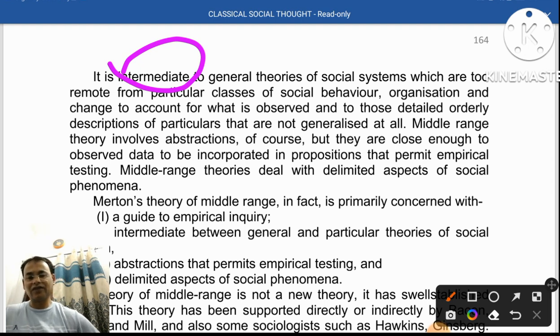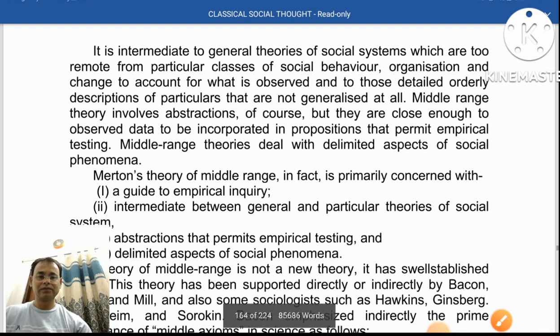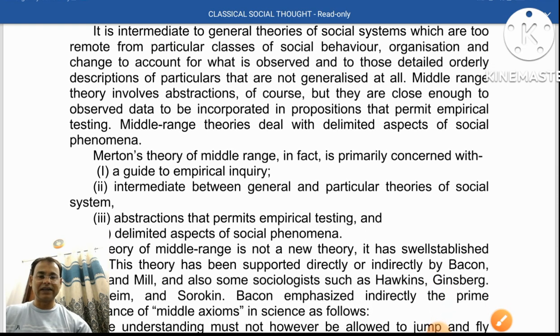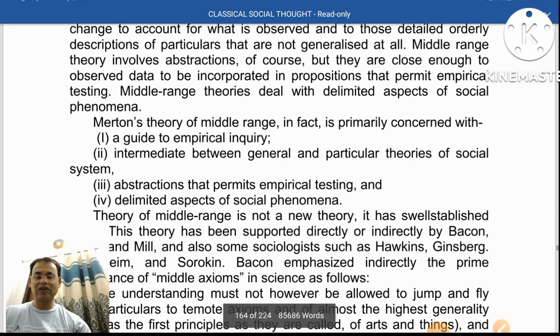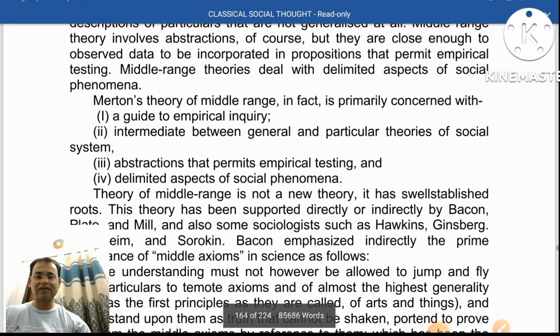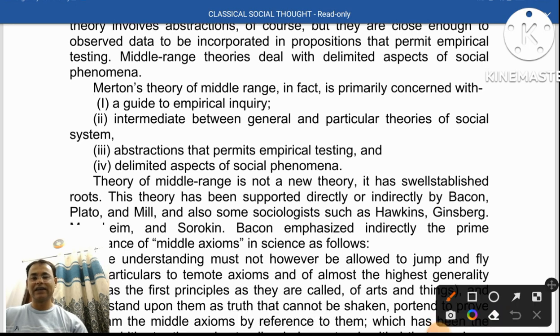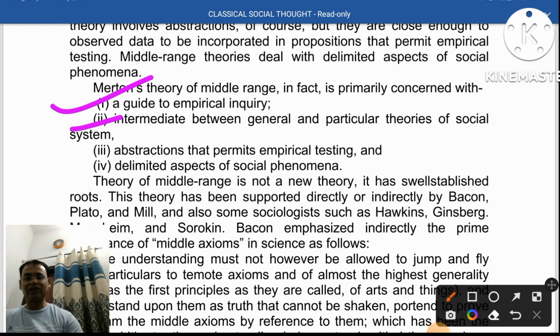Middle range theories involve abstraction, of course, but they are close enough to observed data to be incorporated in propositions that permit empirical testing. Middle range theory deals with delimited aspects of social phenomena. Merton's theory of middle range is, in fact, primarily concerned with being a guide to empirical inquiry. You must remember, it is intermediate between general and particular theories of social